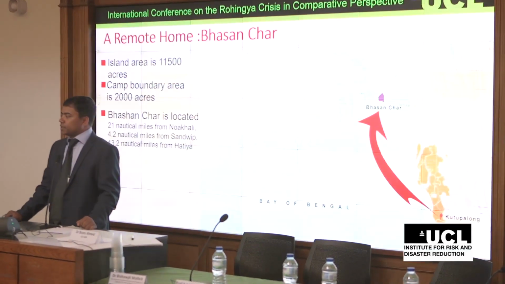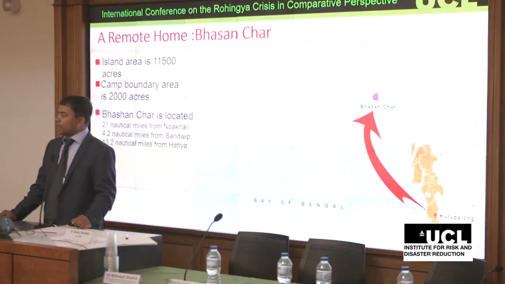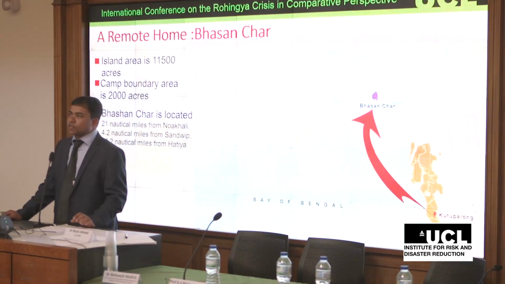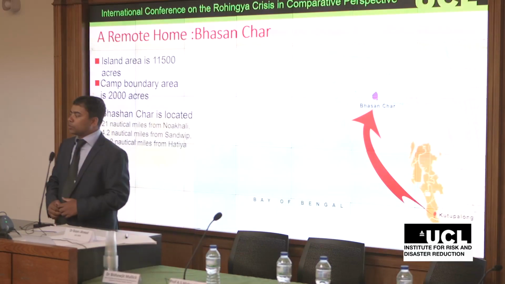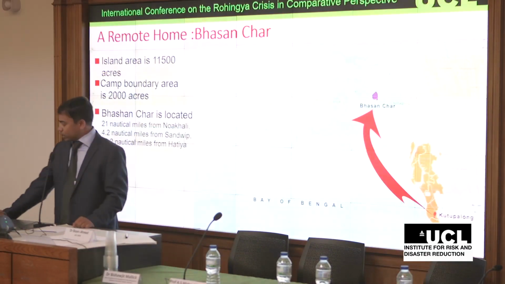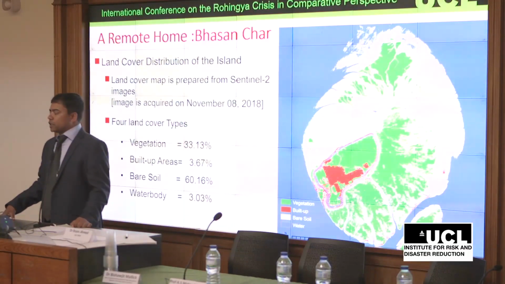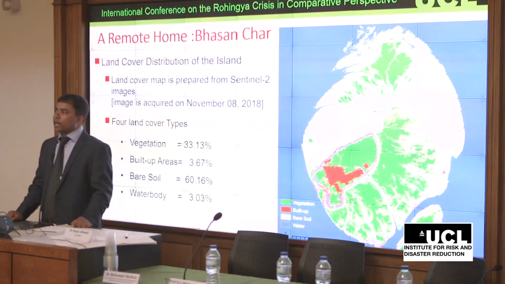Bhasan Char is located 4.2 nautical miles from the nearby island of Shondip, and you can see that it's a pretty remote island. The total island area is 11.5 acres, and the camp boundary that the Bangladesh government is going to build is around 2,000 acres. About the land cover, I would like to mention the land cover composition